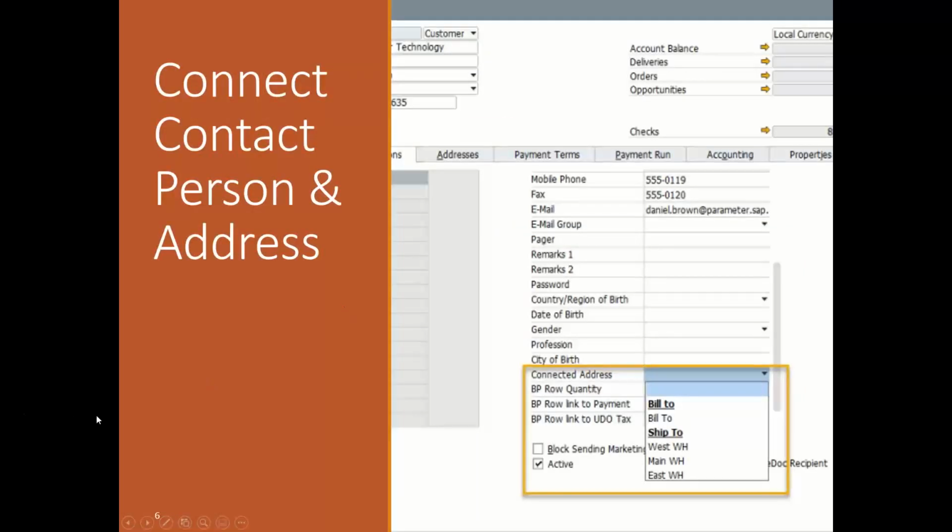All right, so connect contact person and address. Here you see there is on the business partner master data, there's connected address for your contact. You can choose the bill to or the ship to address for this business partner, the contact person associated. And so if you select one of these connected addresses,